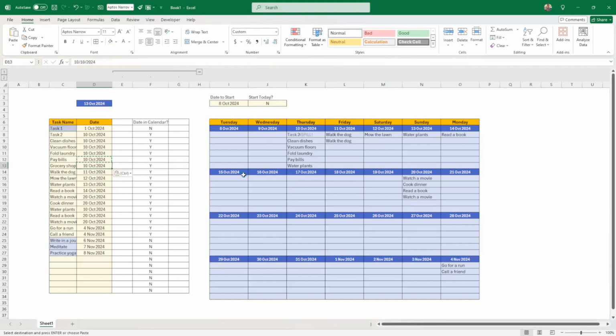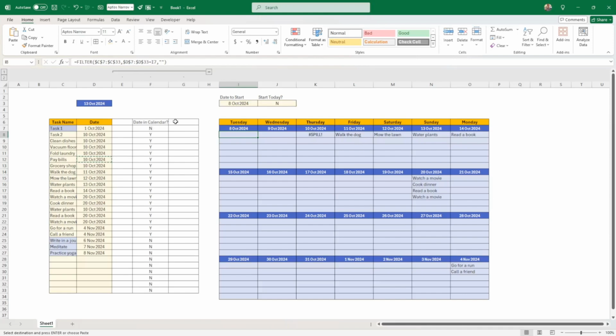So for instance, here, if I take it to the 10th of October, there's 2 mil here and there's a spill. So that means that Excel is telling me, hey buddy, you have 7 tasks and I only have room for 6. Do something about it, work on it. And this is what I'm going to do. I need to be able to check if there's enough room, and I'm just going to create a task